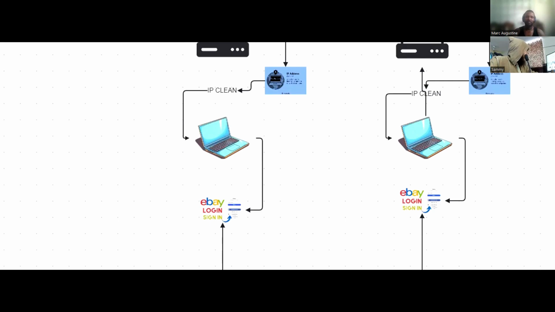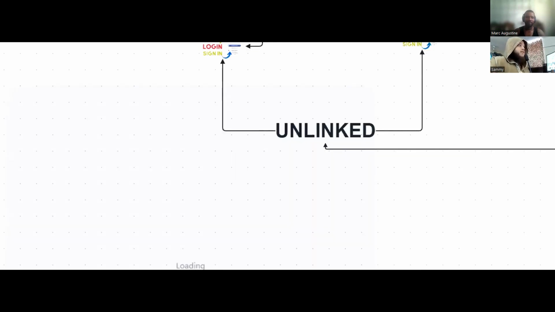Okay, so right over here is a good picture. This is exactly what I do. Mark, you can see that, yeah? This picture, yeah, I'm now seeing it. So this person is using a phone. His phone has data, and he's just passing that data over onto the laptop. So this is what he does, yeah?